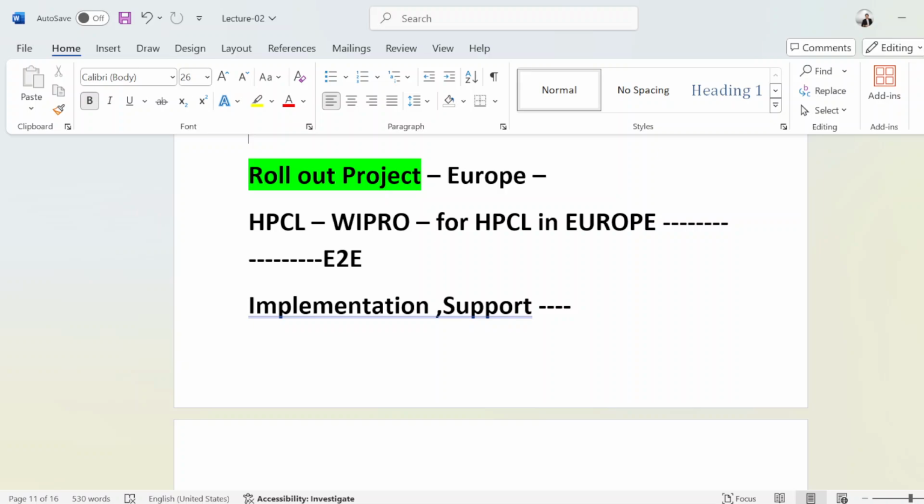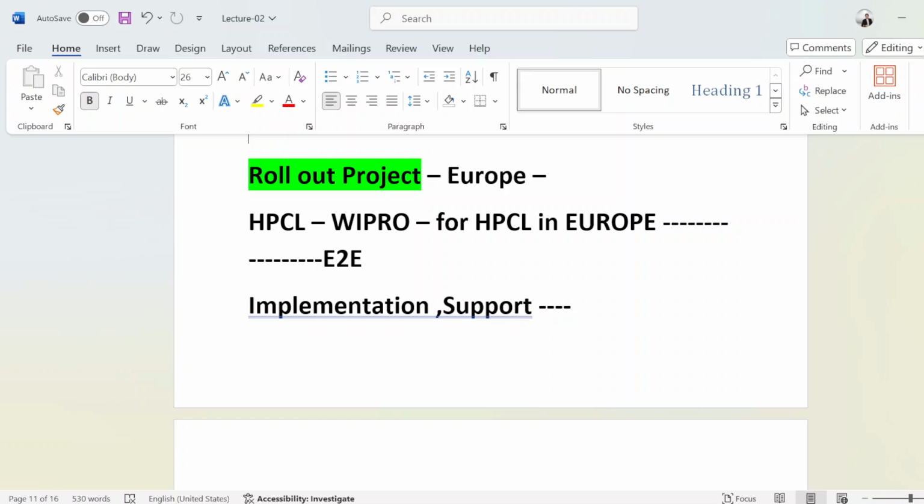So for TCS this project will again be an E2E implementation project. Why? Because they don't have any templates, documents or blueprint, or master data; they have to create everything from scratch. So for TCS, the same Balco project in the France plant will be an E2E implementation, but for Infosys that same project will be a rollout project.